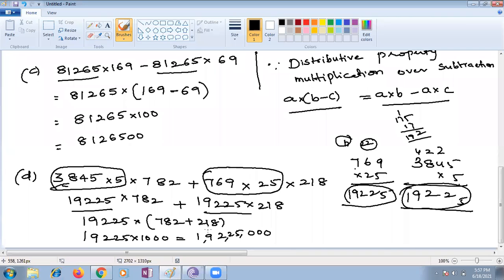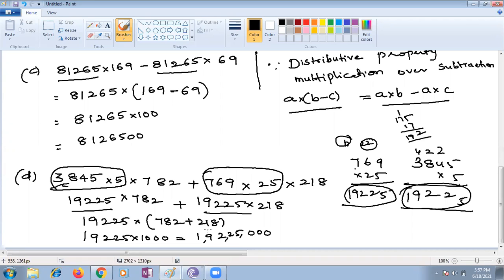Ma'am, but in this, the mother is 769, because 3,845 is divided by 5. If you divide there, here also you're supposed to divide, my dear. It should be common. Of course, both should be divided. If you divide 769, you're supposed to think. You should not make any changes to the question. In whatever the given portion, you're supposed to identify the mother. You're not supposed to reduce that part. If you reduce it, you will not get the correct answer.